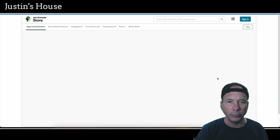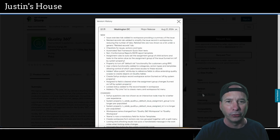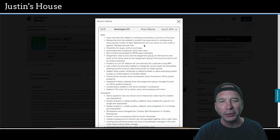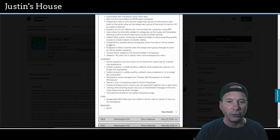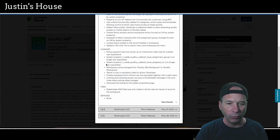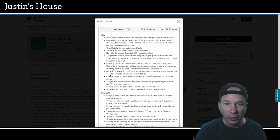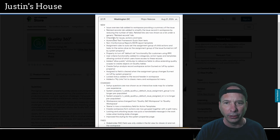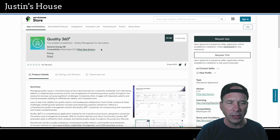Next highlight is going to be Quality 360, updated version 2.1.11. And this is one of the lengthy ones. I am not going to attempt to read this, but there are new features or new enhancements. There's some changes. There's one fix there for the stakeholder RACI field, and nothing has been removed. But for those of you that are listening, there's quite a bit of text, not really a way for me to summarize because it's not like headers or anything. So if you're interested in what's new from the team at Quality 360, go check out their awesome release notes